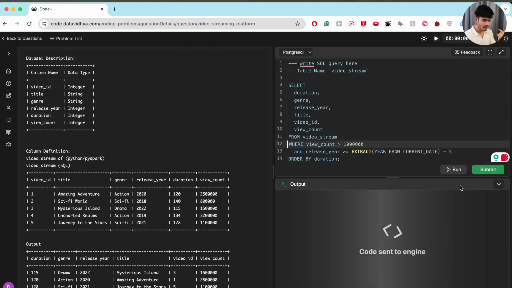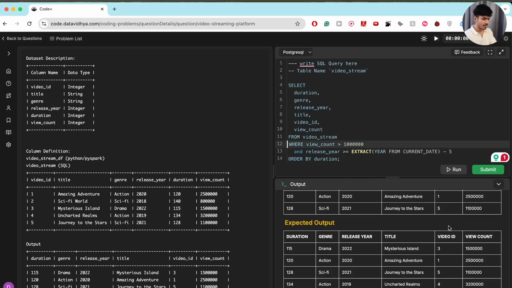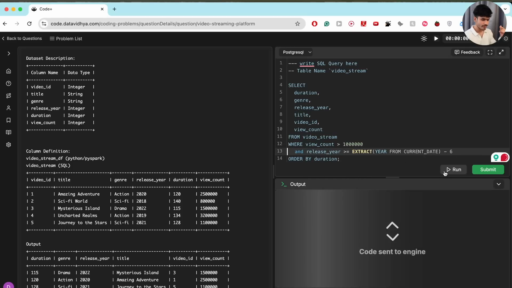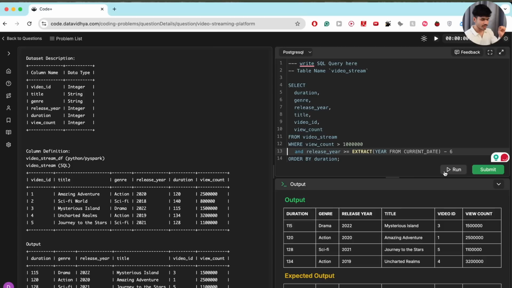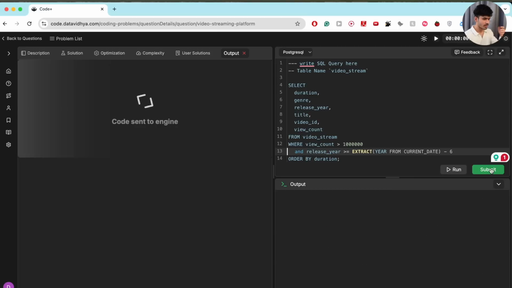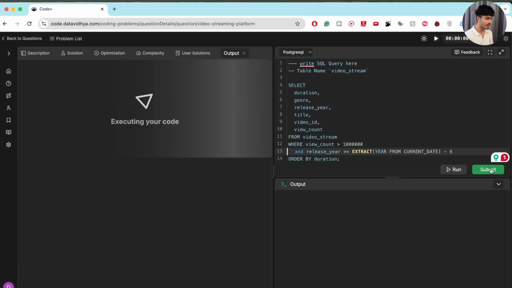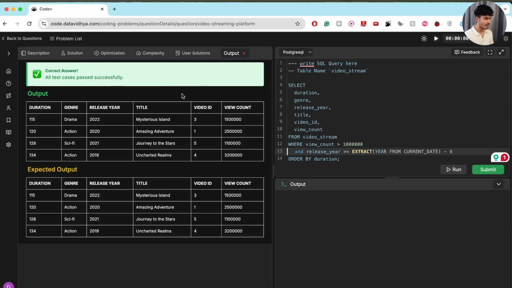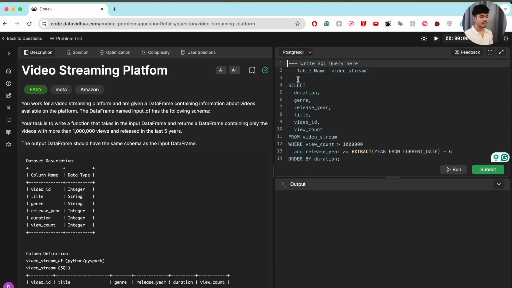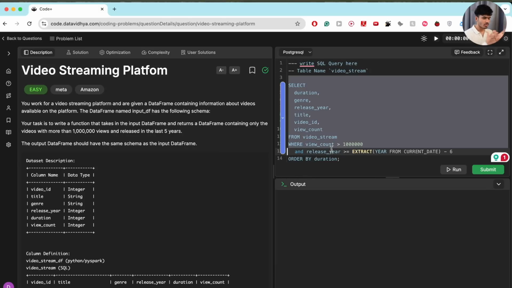You can understand, again here, we need to consider the last 5 years. So this will be the output. This is matching. This is matching. I hit the submit button and we are good to go. Everything is working fine. If I come back, you will see the tick mark available, which means I have solved this question by myself. And if you come back again here, all of the information about you will be shared. There are a few things we need to work on, but the core engine is working.